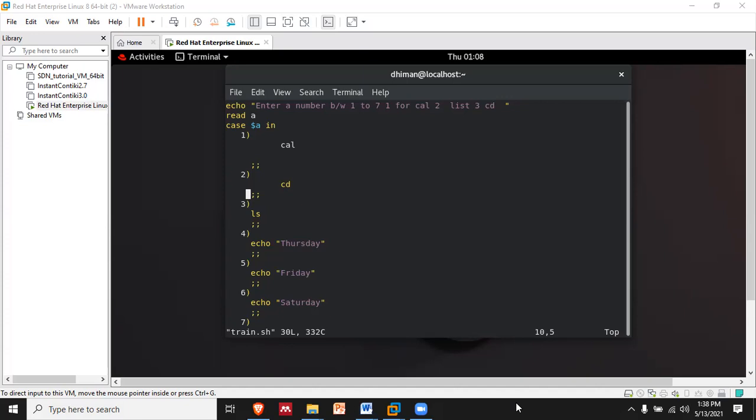Try to create some kind of utility using these skills, right? As I told you, using switch statements or condition statements, try to bring them together and create a utility for your own purpose, where you can just run that script, and then there is no need to learn all the commands.